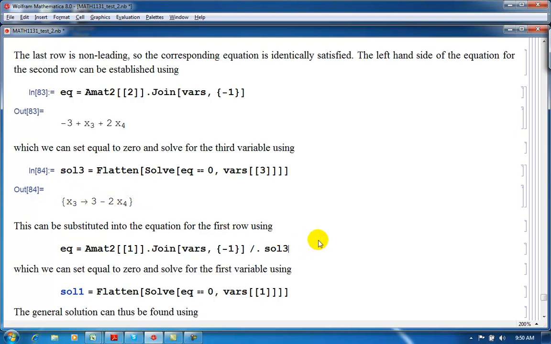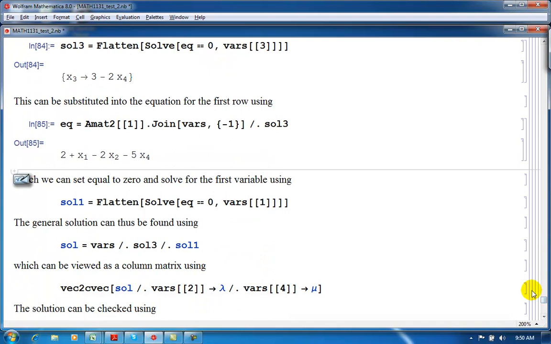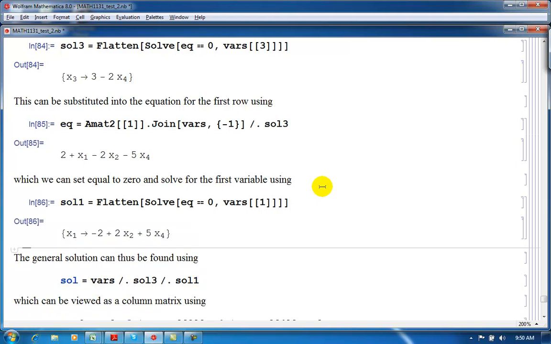So we do that, and we can see that this is an equation which involves x1, x2, and x4. So we can set that equal to 0 and solve, for example, for x1. So that's the first variable. So we can carry out that simple solution using that,